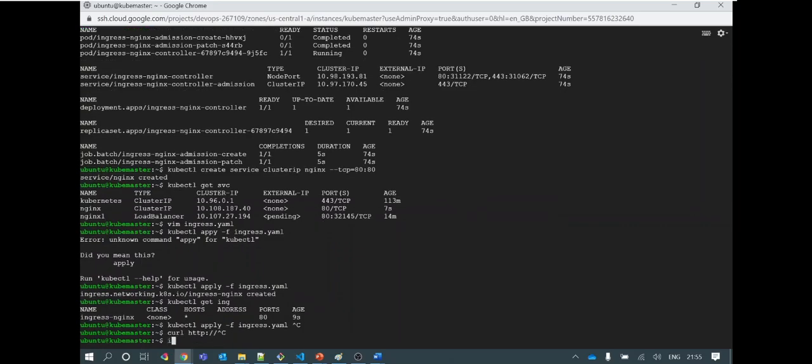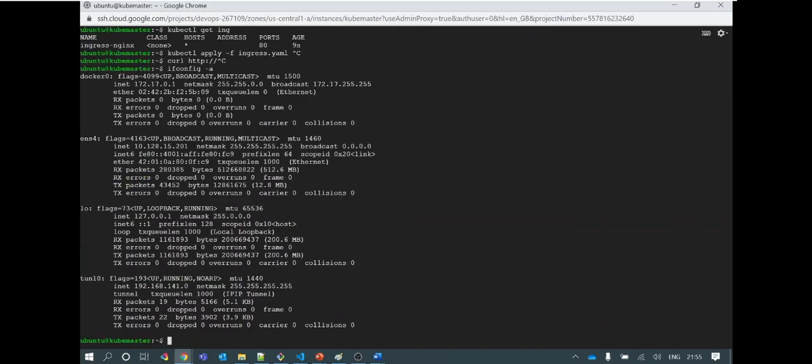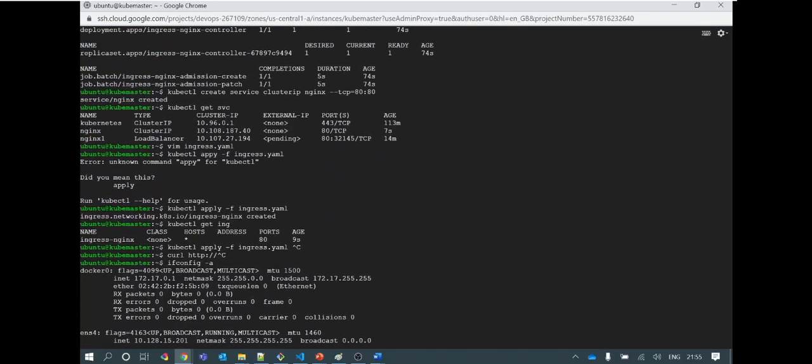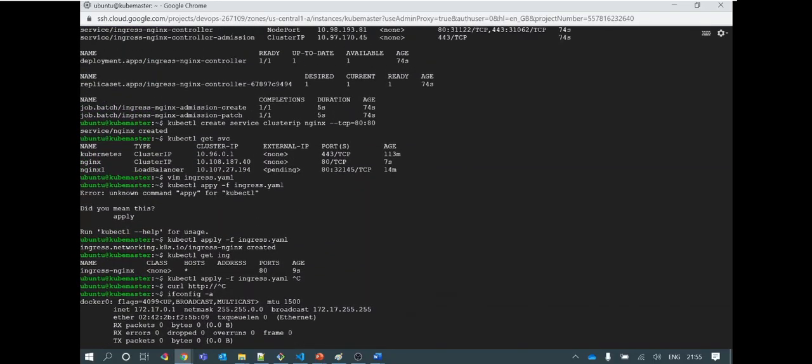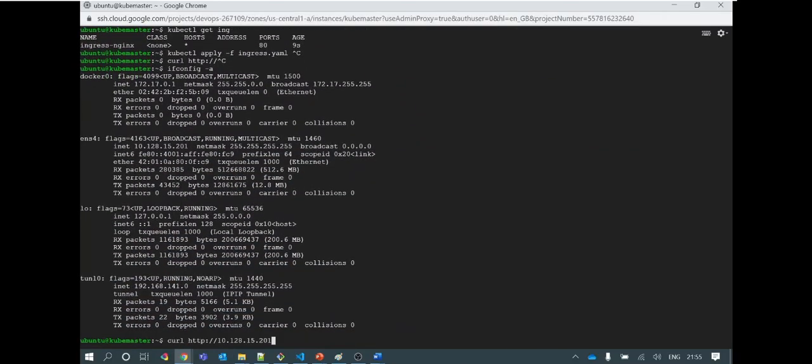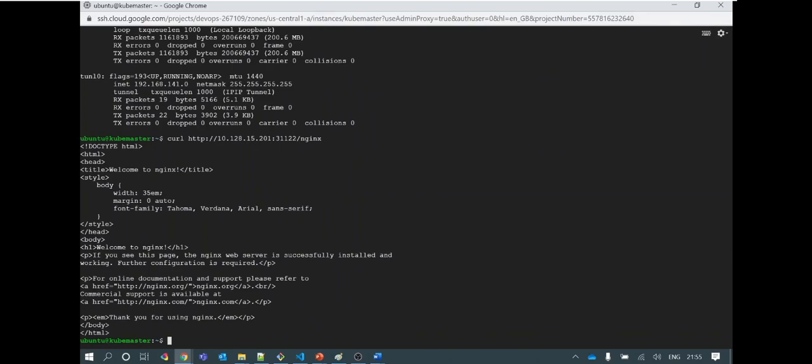That I need to get first. ifconfig -a, this is my local IP, curl http local IP, and then the port was this one, 31122, /nginx, because the prefix is required. Using this I am able to access.